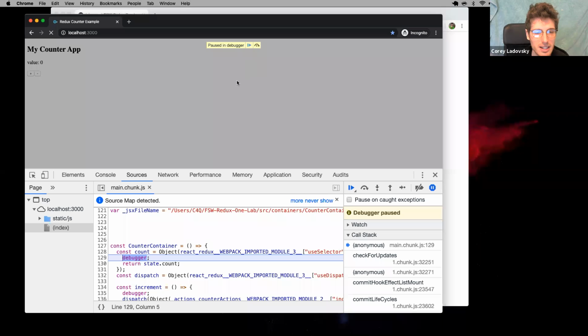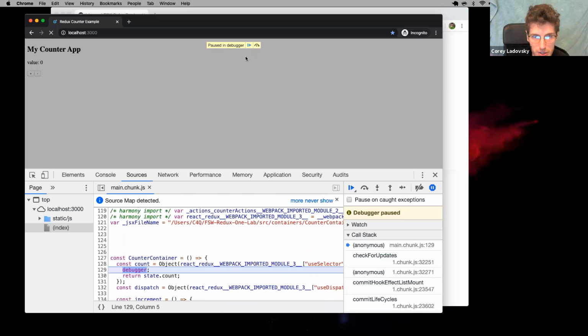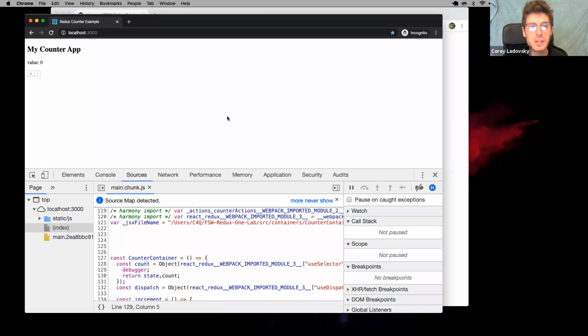Continue. Well, we're still in our use selector, but that's just because of a refresh. Don't worry about that. We exit. Right? Because an action can only get fired when we're dispatching an action. The increment function can only get fired when we're clicking on increment. And we've already hung out at the reducer and all that. So